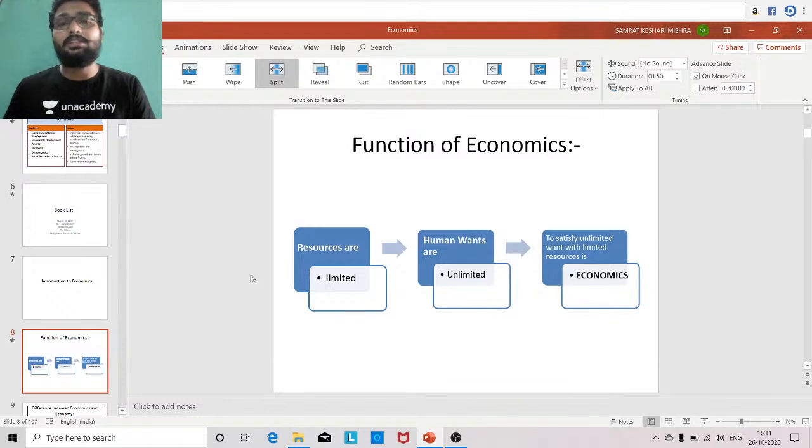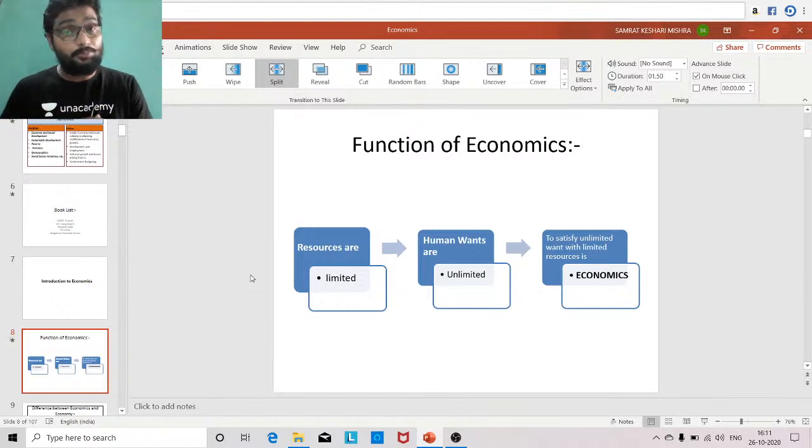And in the same way, the resources which are made or formulated by human beings are called artificial resources. For example, I use the laptop, I use a bike. All these things are artificial or human made. That is why they are called artificial resources. Now the question is, these resources are limited, because natural resources are automatically limited, and artificial resources are also